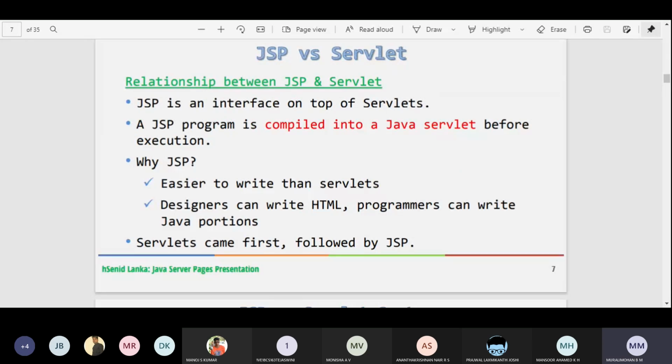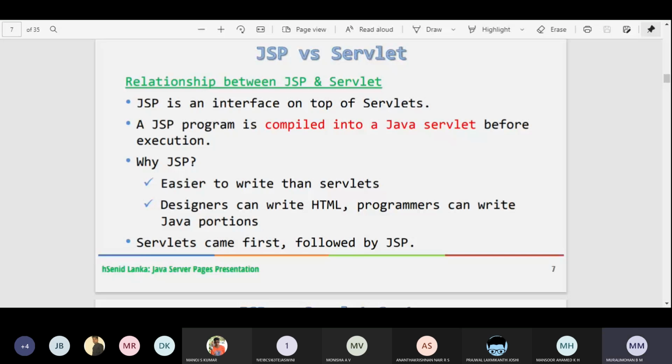So we are going to invoke the servlet by making a request. What is that request? Again, the request is from the browser. In the browser, we are designing the presentation logic page, the JSP page. So it is an interface on top of the servlets. It is compiled into a Java servlet before execution.